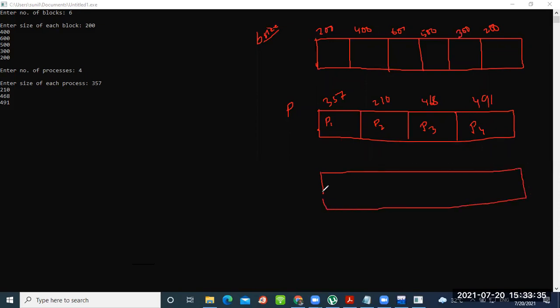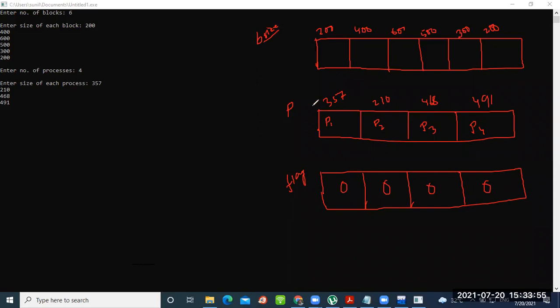This flag क्या करेगा? पहले तो सबको 0 कर देगा. Now flag क्या बोलता है? अगर 0 है तो process allocate है. Now this is my flag array. Now initially all are 0. Why are they all 0? Because now nothing is allocated. Okay, nothing is allocated, so all are 0. So what's allocate? Now repeat.